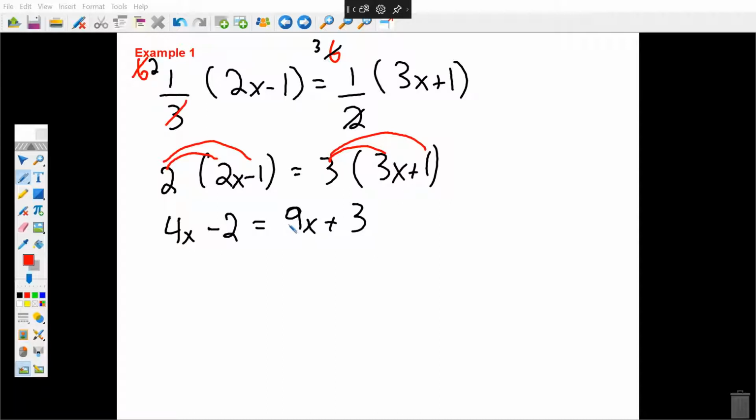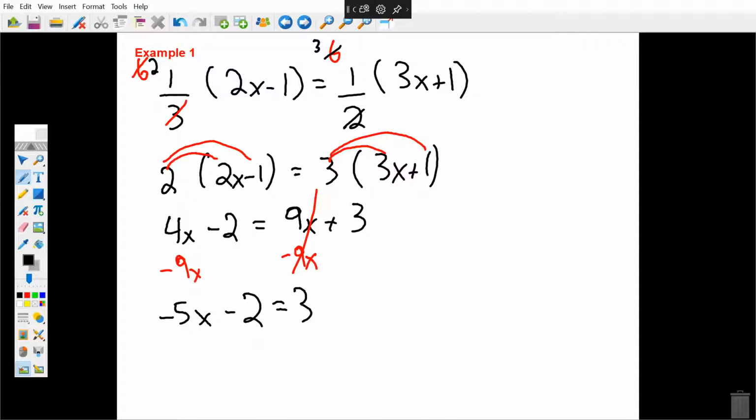The opposite of positive 9 is negative 9. I have to subtract 9x from both sides. 9x minus 9x is canceled. 4 minus 9 is negative 5x minus 2